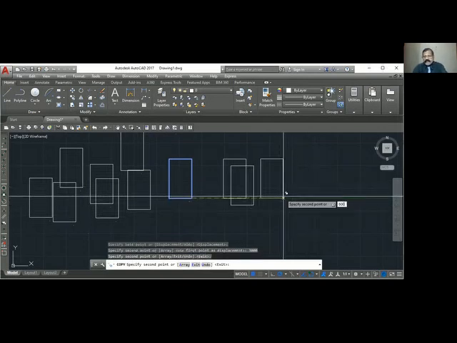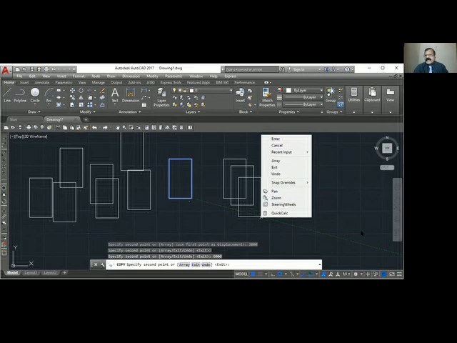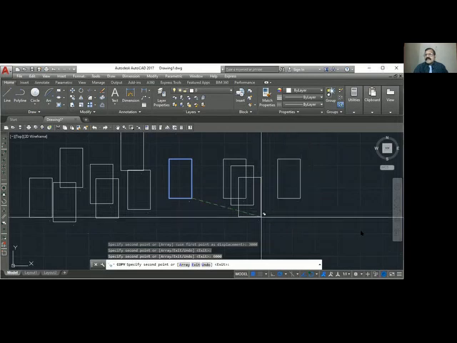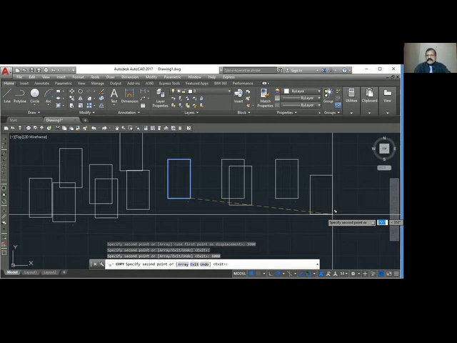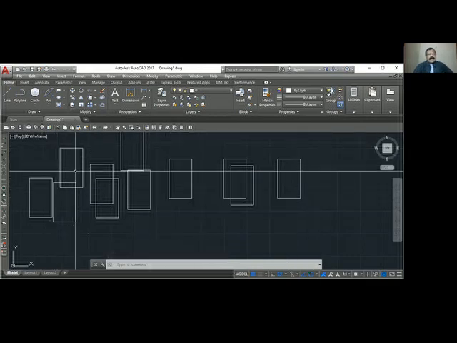You can make multiple copies like that. So that is copy.